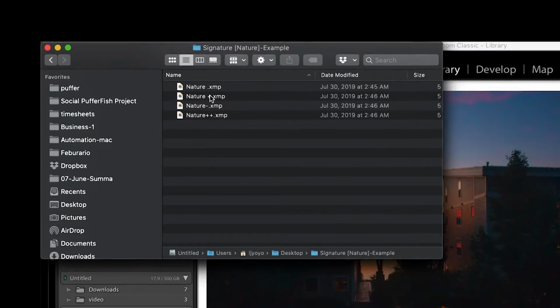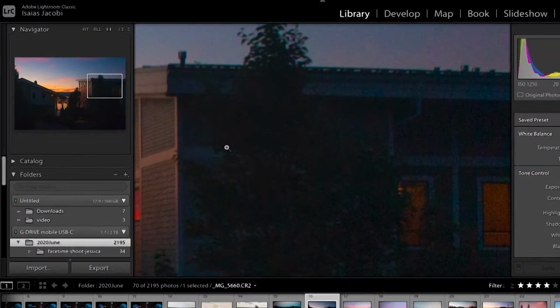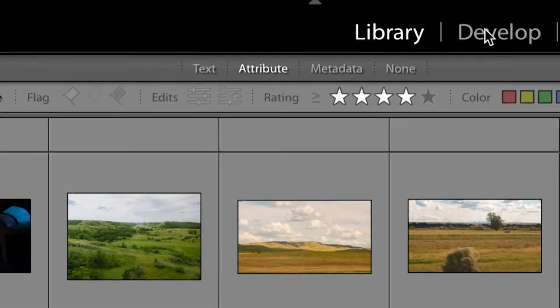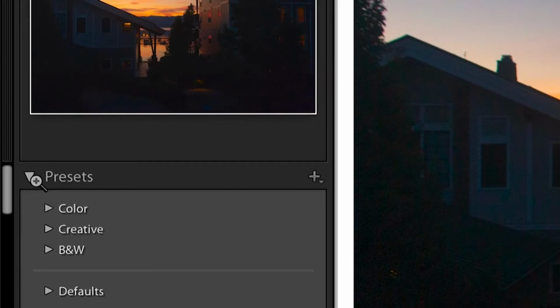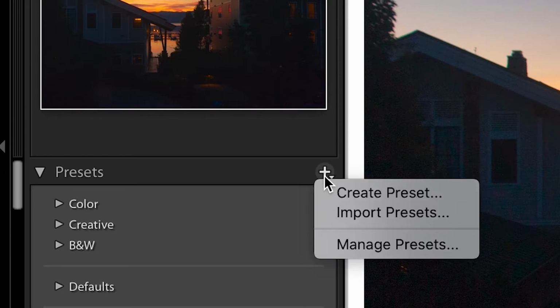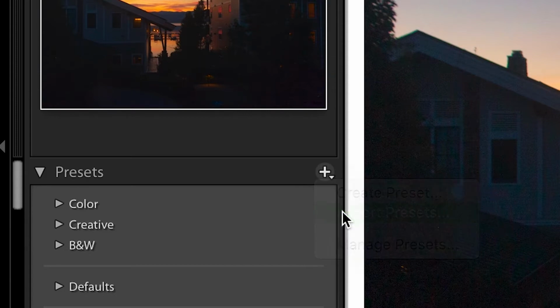Okay, so we have these XML files now. What I'm going to do is go back into Lightroom. We're in the library right now, and I'm going to go to the Develop tab. I'm going to go on the side here, make sure this is open, go to Presets, and click this Add button right here. Click that, and then go all the way down into Import Presets, and then go to your